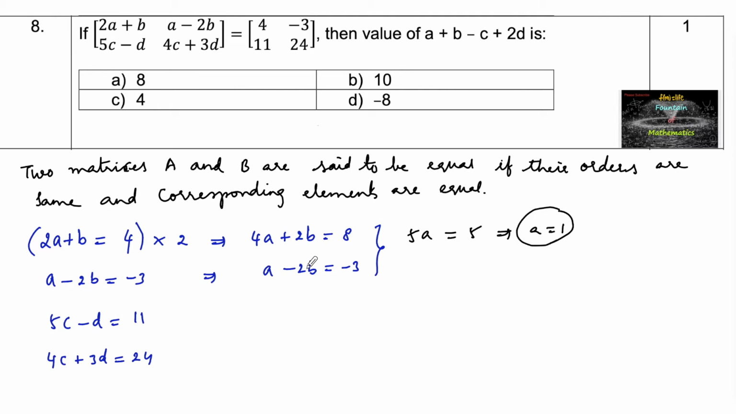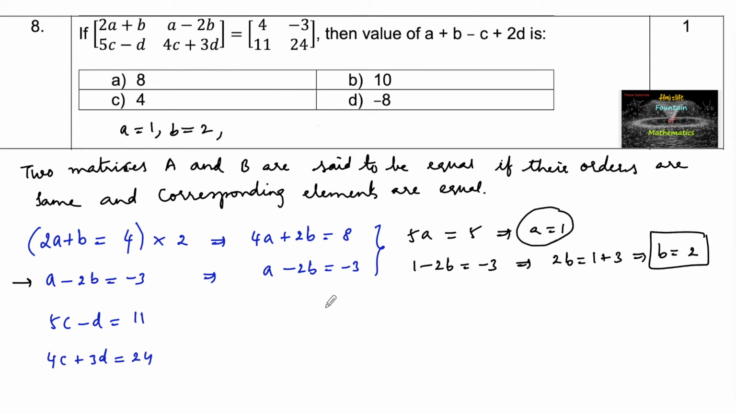Substituting A is equal to 1 in the second equation, 1 minus 2B is equal to minus 3, which implies 2B is equal to 1 plus 3. So B is equal to 4 upon 2, so we're getting B is equal to 2. So we got A is equal to 1,